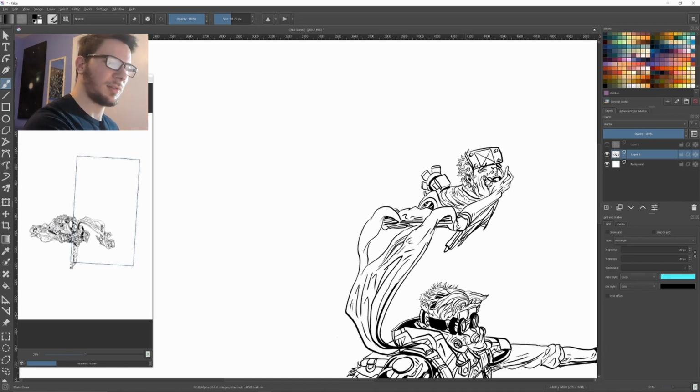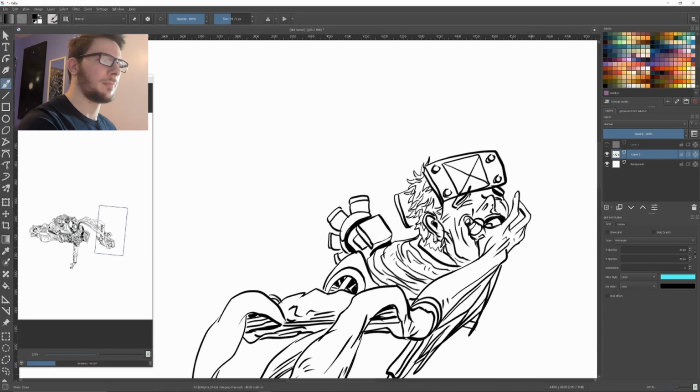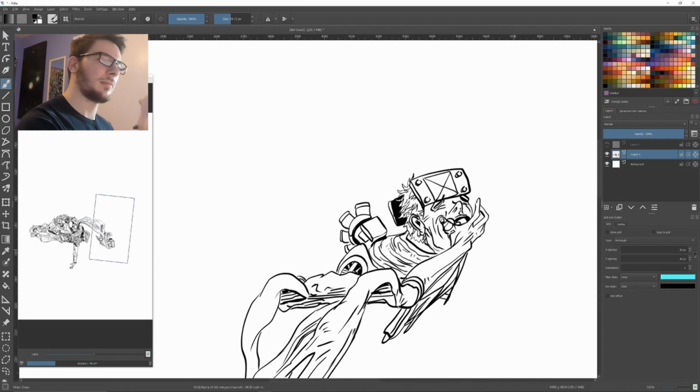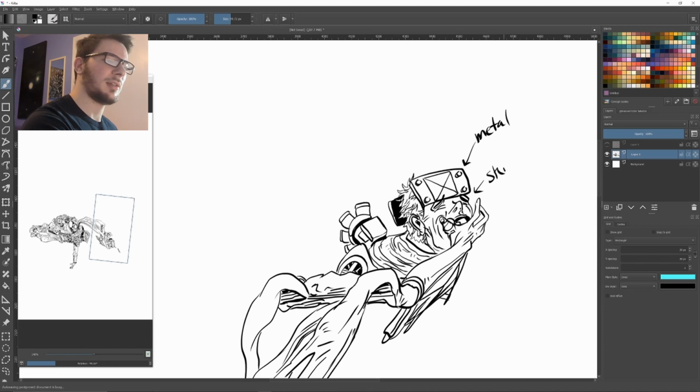Yeah, so here you can kind of tell the materials and the difference in them that I use to separate the different elements of the drawing. So I'll zoom out in a second. So yeah, I have the metal there. So metal, and then we have skin,